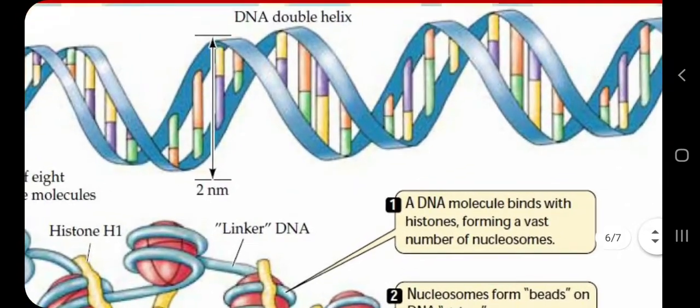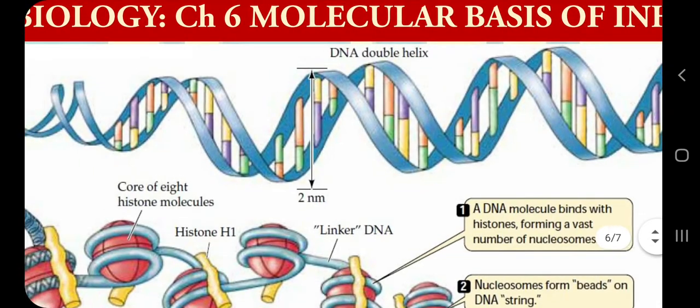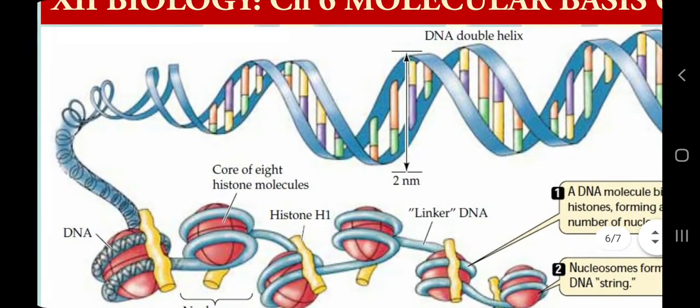So this is DNA. I am explaining from day 1 or from lecture 1. So the width of DNA is 2 nanometer. It is obvious from my previous lecture also, and this is homogeneous also because of the purine pyrimidine hydrogen bonds. Every purine is connected with a pyrimidine, so the width of the DNA is very uniform. Now this 2 nanometer DNA is here represented by this thread. So this thread means 2 nanometer DNA.